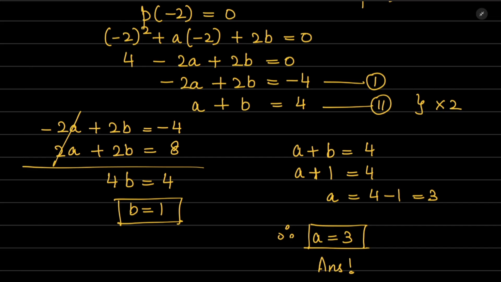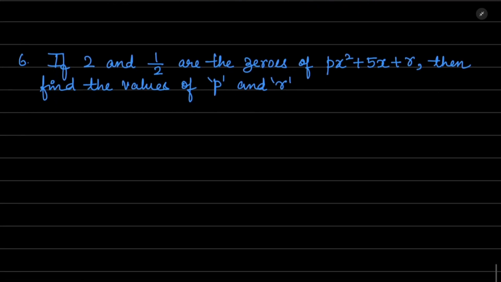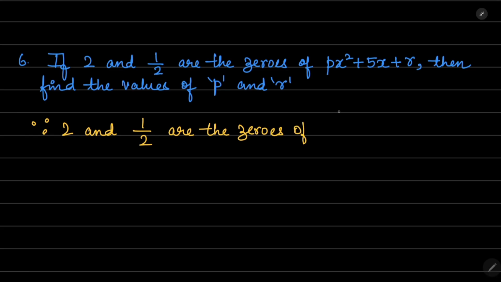Hope you understood. Let's move on to the next question. If 2 and 1 by 2 are the zeros of px square plus 5x plus r, then find the values of p and r. Now, as we just saw, if you are given that 2 and 1 by 2 are the zeros, let me write: since 2 and 1 by 2 are the zeros of the given quadratic polynomial, that is px square plus 5x plus r,